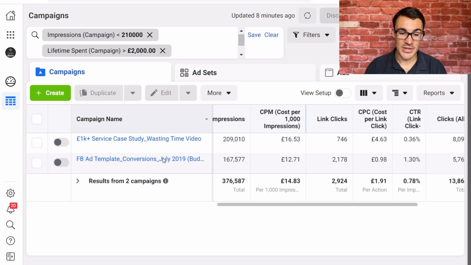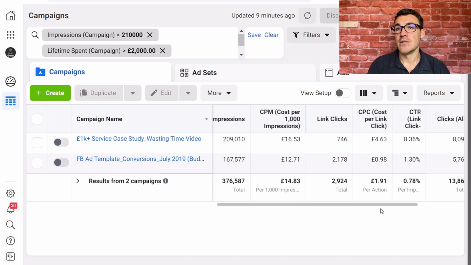So if we take this example, we've got these two campaigns, right? We've got one that's got a cost per click of £4.63, which is really very high. That's very expensive. We're advertising this predominantly in the UK. That's much more expensive than I'd like it to be. For a lead magnet campaign like this, bearing in mind we're advertising something for free, if you're seeing a cost per click of £4.63, which by the way is almost $6,